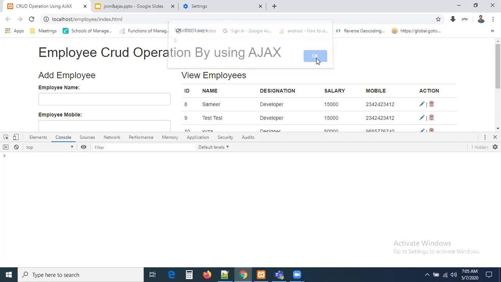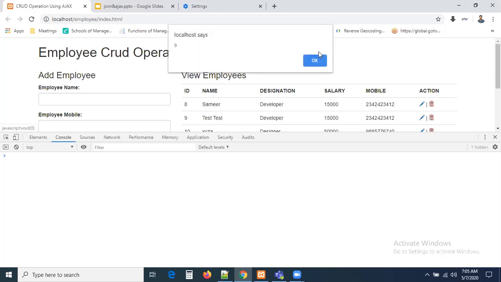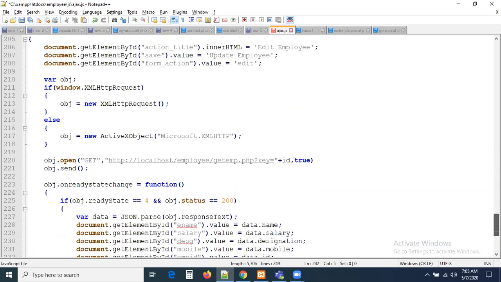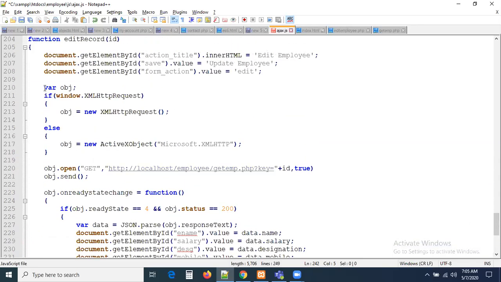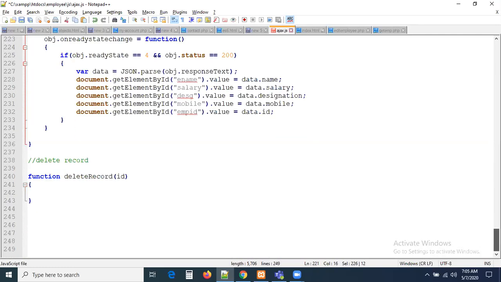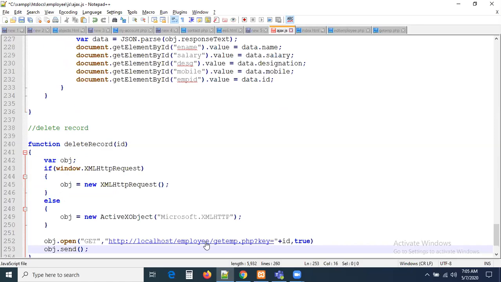Yes, the id is coming there in the JavaScript. So to this function we passed the id. Now what I need to do here is send this id to the server to delete the record, guys. So create the ajax call here, one more ajax call. Let us do the same here. I'm just copying the code. This is common for everything, right? So just ready. Yes, the object is created, and this request is not like this.